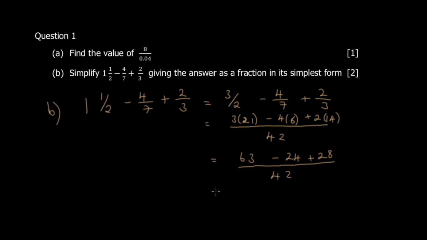Okay, then here on this one you get 4. So you get 63 plus 4 over 42, which gives 67 over 42. This one they will accept, okay? But you can also change it to